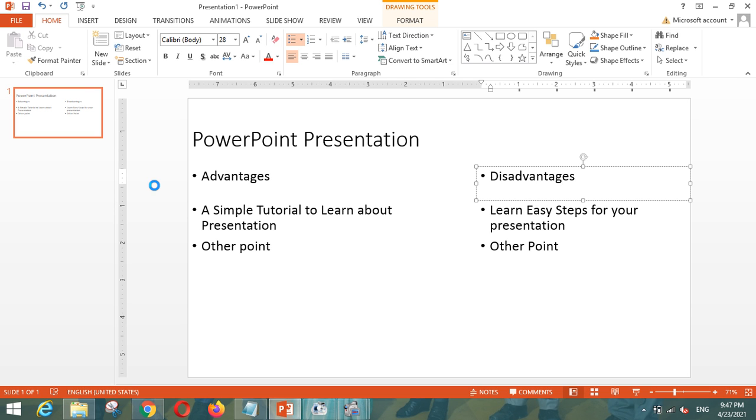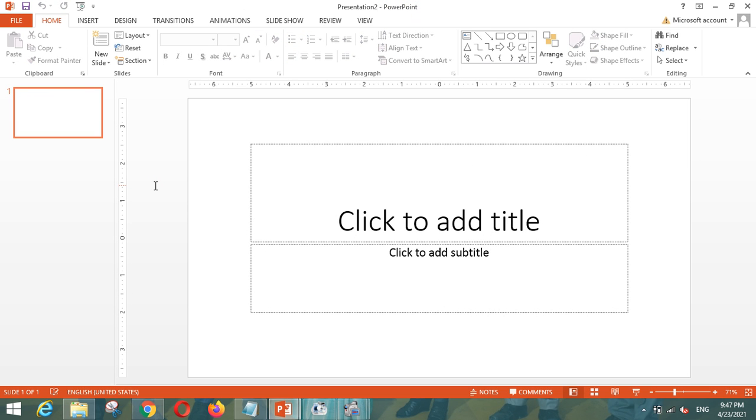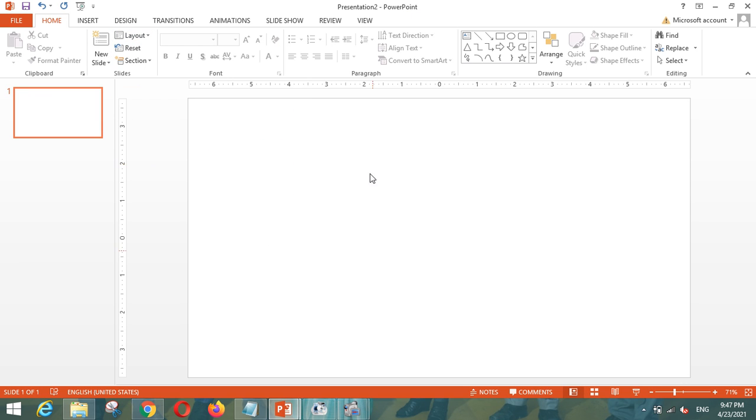Suppose I have pressed Ctrl N, which is a new PowerPoint presentation, and here if I select blank, it will remove all the options to add title or subtitle. It will give you the blank slide, and according to your wish or your requirement, you can draw text boxes, you can draw shapes, which we will discuss in another presentations as well.